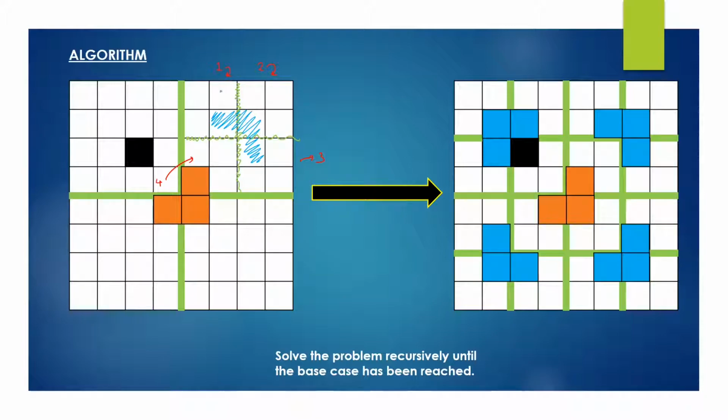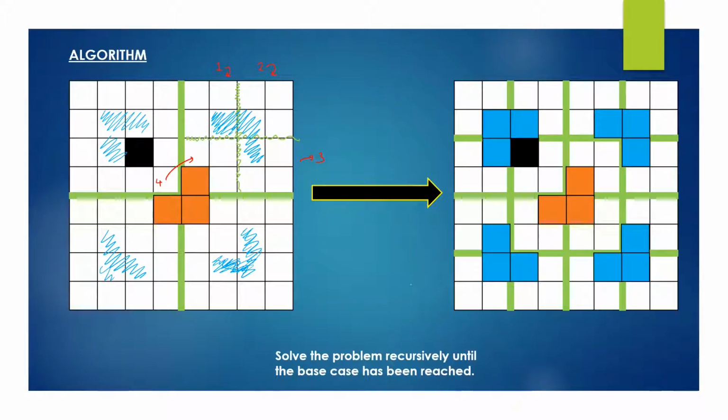I've just showed an example of my 4 cross 4 subsquare. Similarly, you will have to do this for all the 4 subsquares. So for this subsquare, the tile will be placed something like this after dividing into 4 equal 2 cross 2 subsquares. Similarly for this, it will be something like this, and for this part it will be something like this. Keep in mind, I'm scribbling all these blue shades after I've divided my 4 cross 4 subsquare into 4 2 cross 2 subsquares, right? So that's how you're going to be dividing.